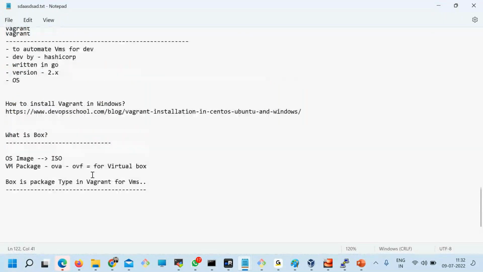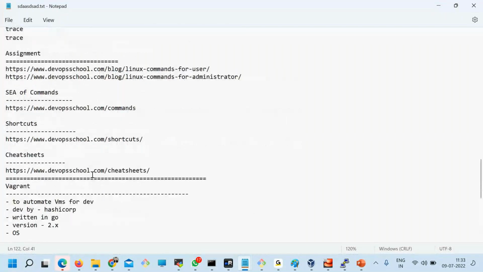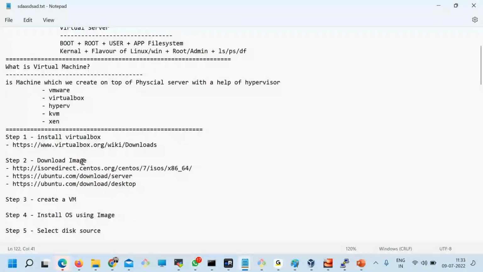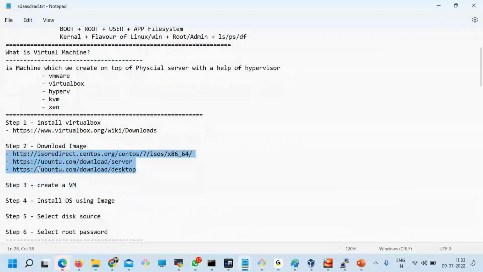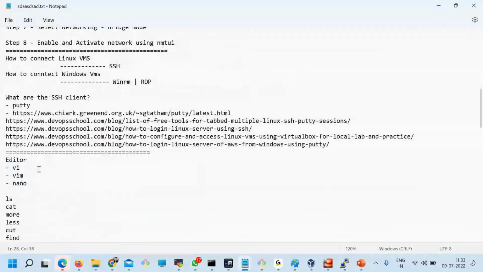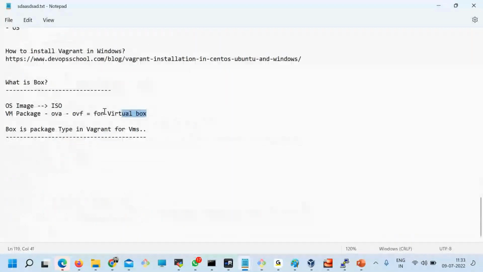Because if you remember, I downloaded the image from this website. This is the ISO image, I got it. I can create an OVA image myself also. Here, I can create an OVA image using VirtualBox, OVA, OVF. But how do we get a VM using Vagrant? How do we get the boxes? So actually you can create